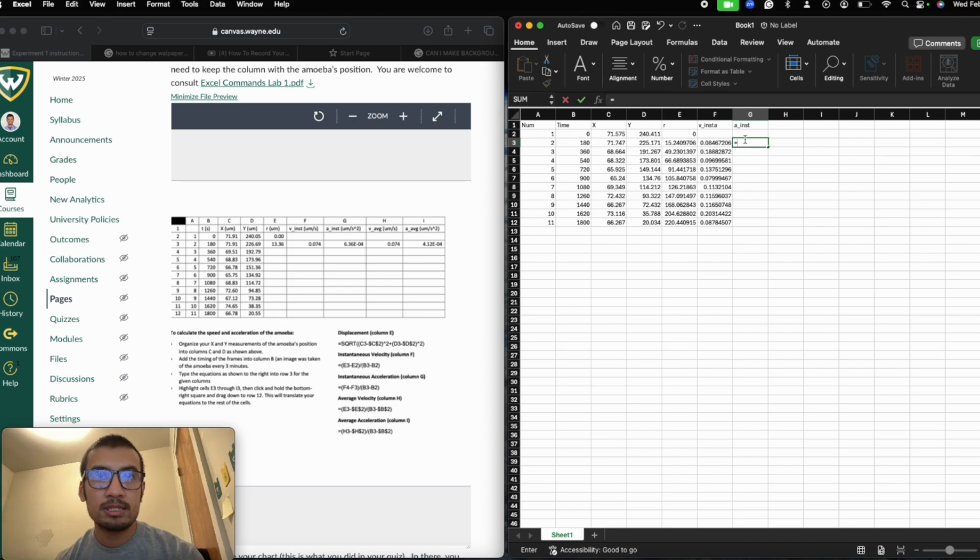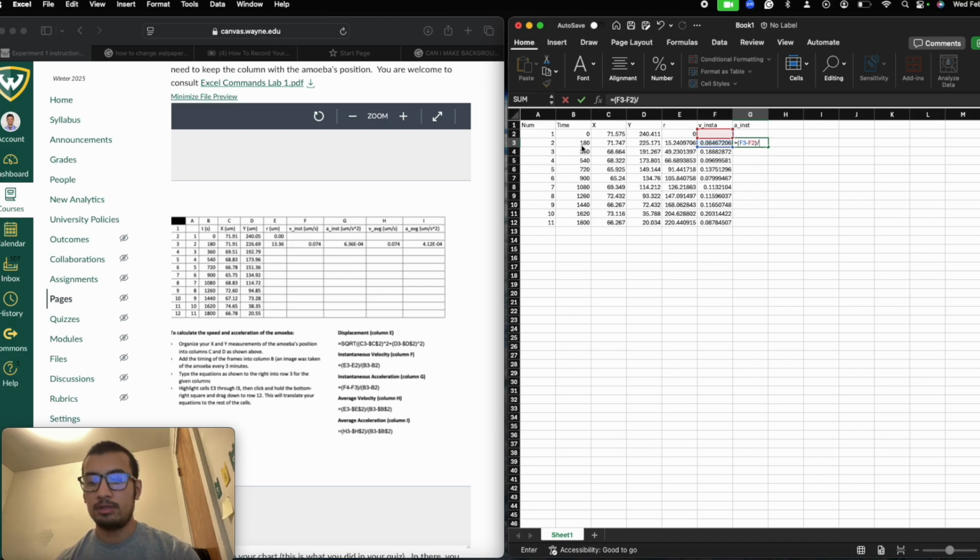So for the instantaneous acceleration in column Z, F4 minus F3 bracket open, F4, is that right? No, it should not be that. It should be F3 minus F2, nothing in there, and divided by V3 minus V2,